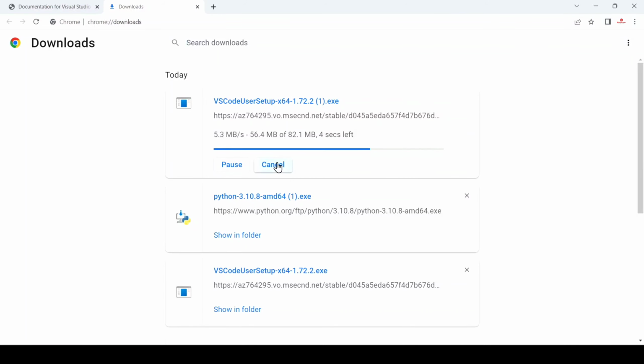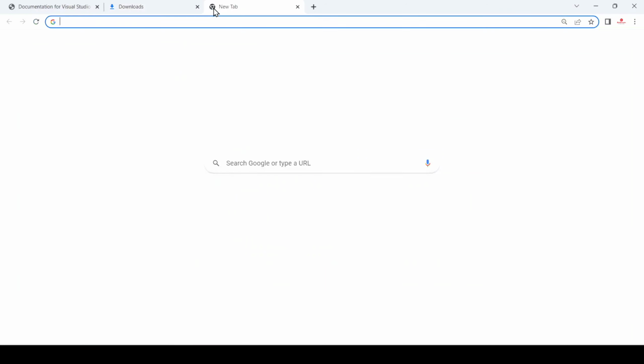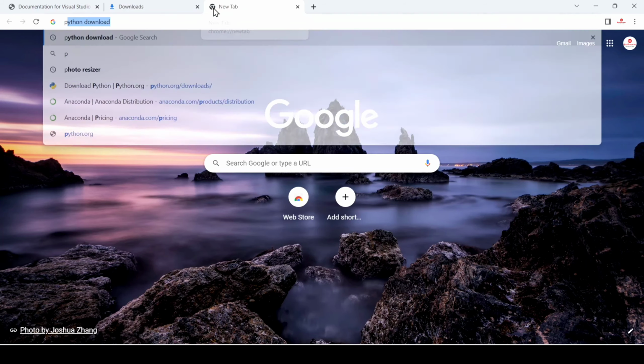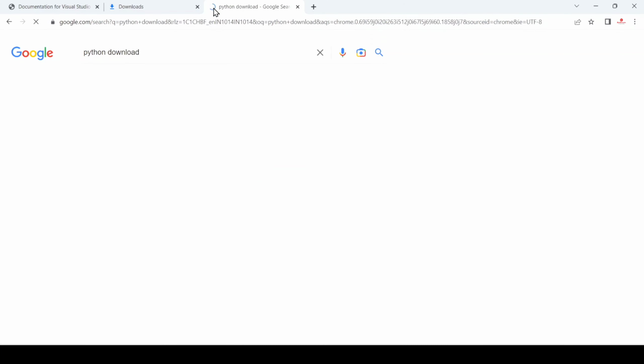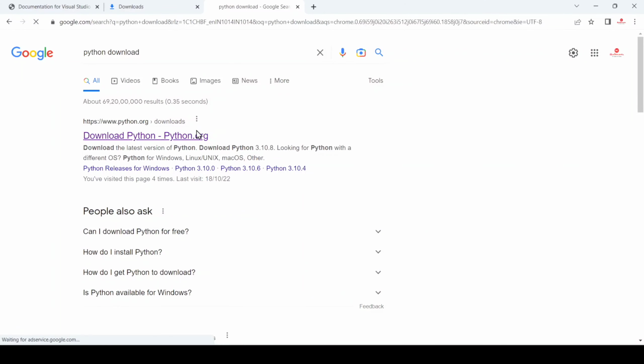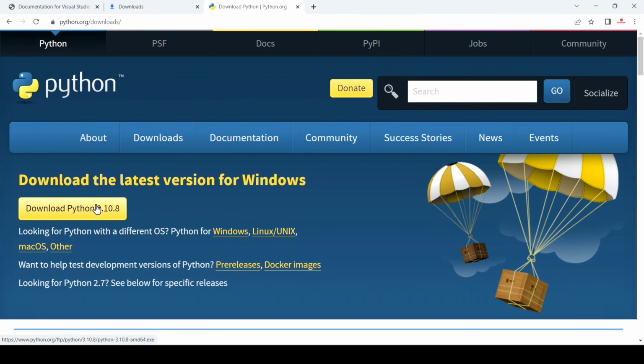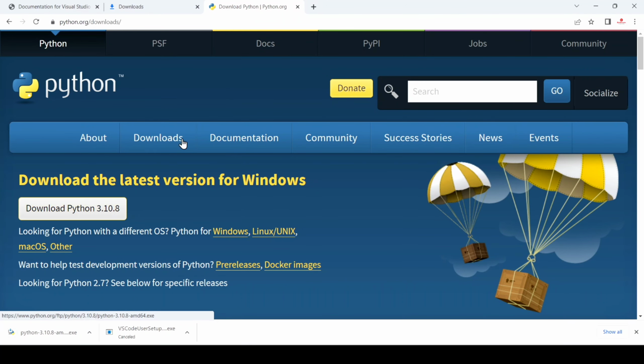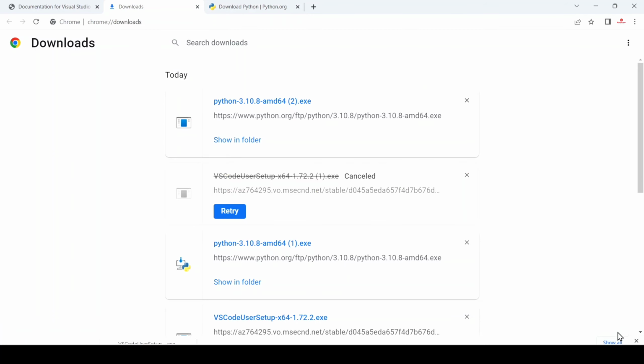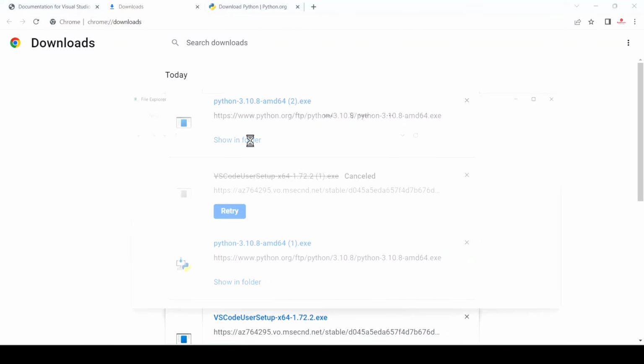Okay, and then we have to download Python. For that you have to search Python download and hit enter. Just go to the first link and after that just click on download, and you have to download this and just install this with the help of